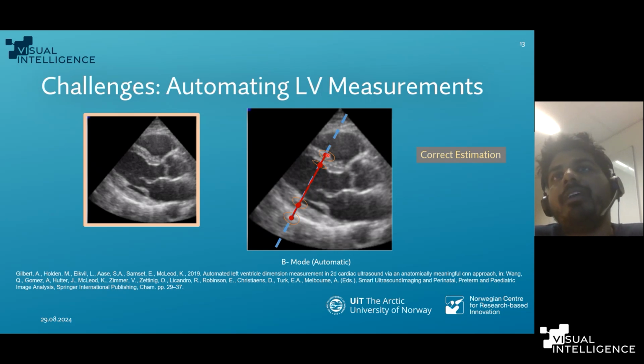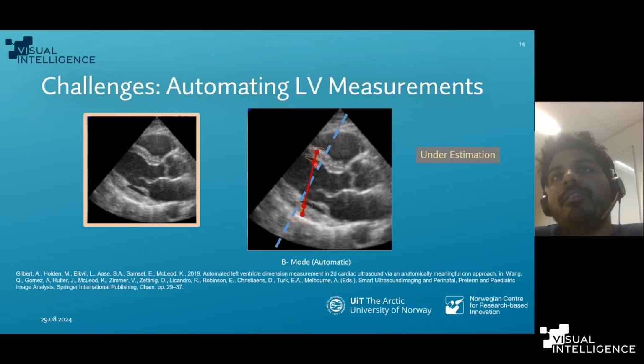The criterion for correctly measuring the left ventricle structure is that clinicians prefer to perform the measurements at the same level in a linear fashion on a scan line, and the orientation of this scan line should be perpendicular to the structure that we are trying to measure. And if we don't perform measurement in this fashion, then